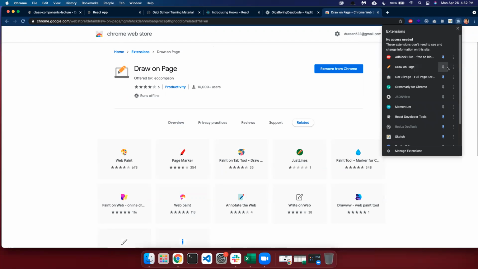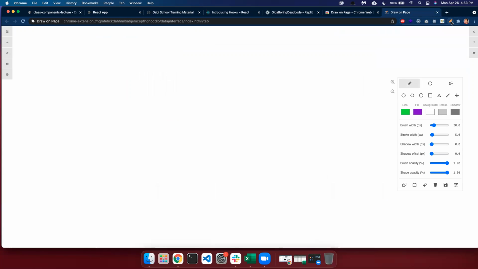Okay, so I should have, yeah, so this allows us to draw. Imagine our app, basically, this is how it is. So this is the app. This is way too big. Okay, yeah, so this is the app